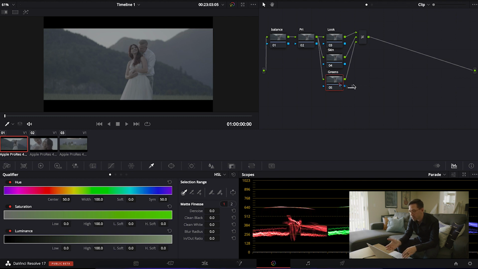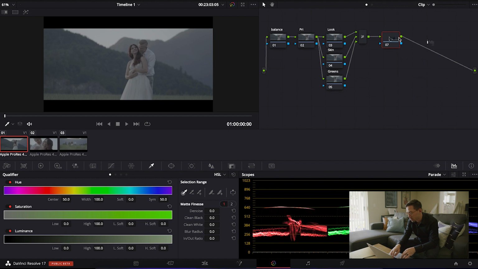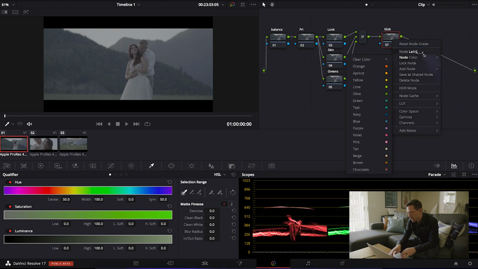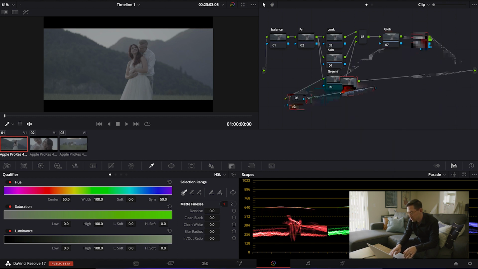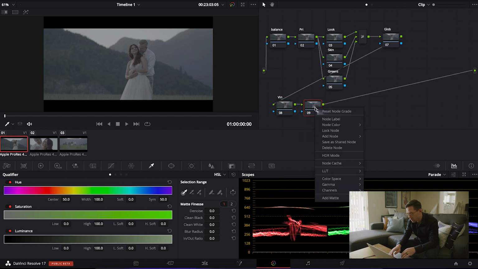And just kind of let you guys see what that looks like and how to achieve that look. And now I'm going to come in and add another serial node, and this is going to be our global adjustments. I'm going to add another node. I know these are a lot of nodes, but trust me, it looks good down the road. We're going to add a vignette,